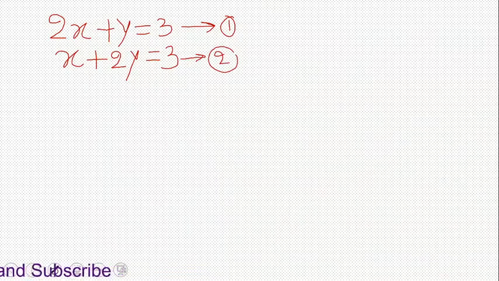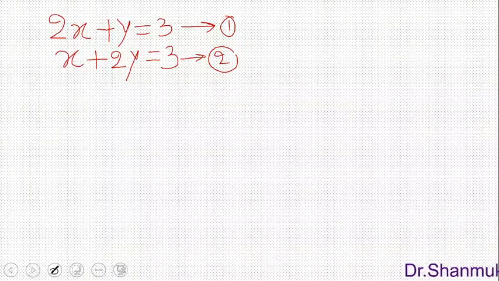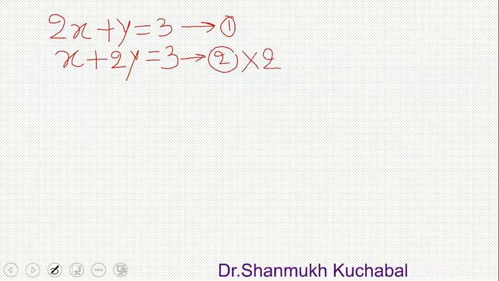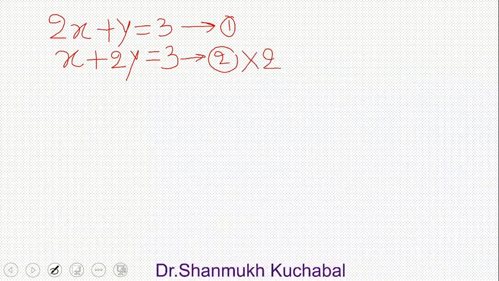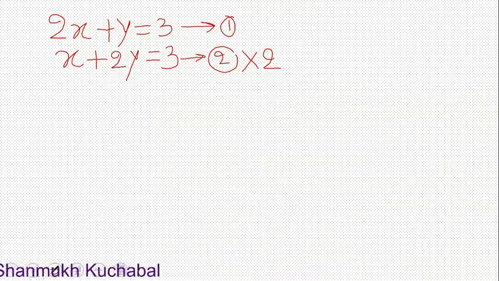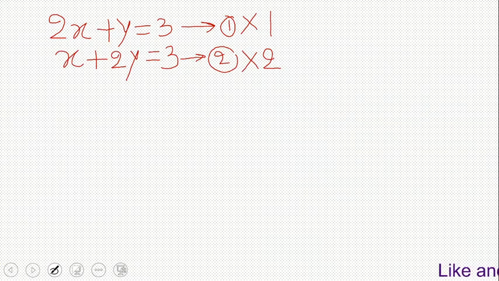Now the x coefficient for equation number 1 is 2. We will multiply 2 to its opposite equation, that is, the second equation we will multiply by 2. Then similarly for the second equation, the x coefficient is not there. If it is not there, we have to take it as 1. So that 1 we have to multiply with the opposite equation, that is, we are multiplying by 1 here. Yes, so further we have to perform this operation.